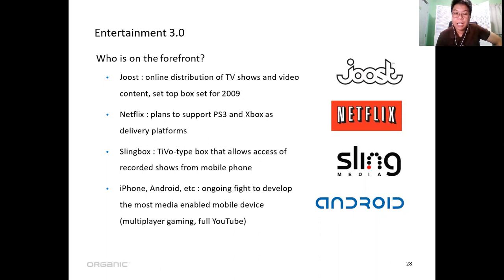So you have an iPhone, Android, etc. An ongoing fight to develop the most media-enabled mobile device. Even pwede ka na multiplayer gaming, and of course, full YouTube. So yan yung mga entertainment na nangyayari. It now becomes like, for example, your Digibox. Okay, so napapersonalize yung content.